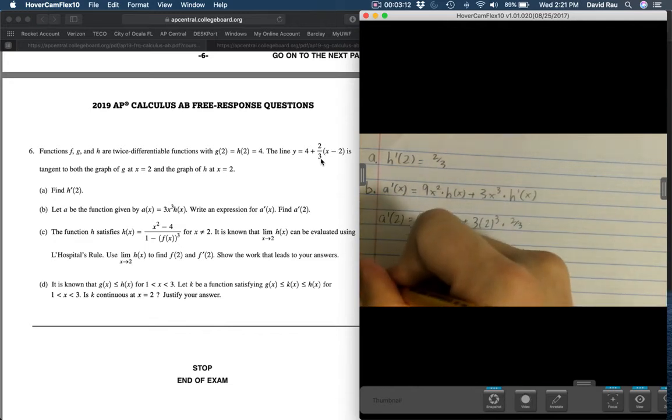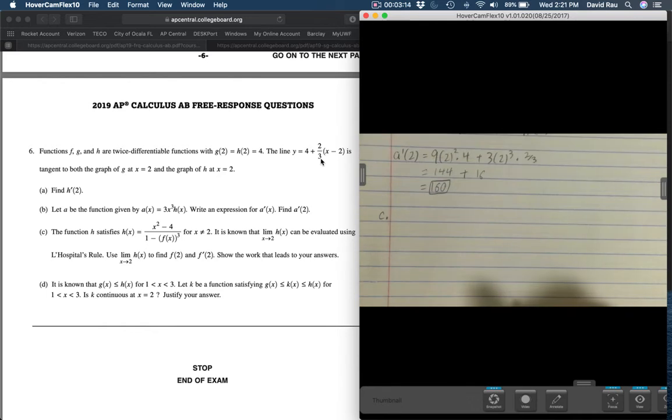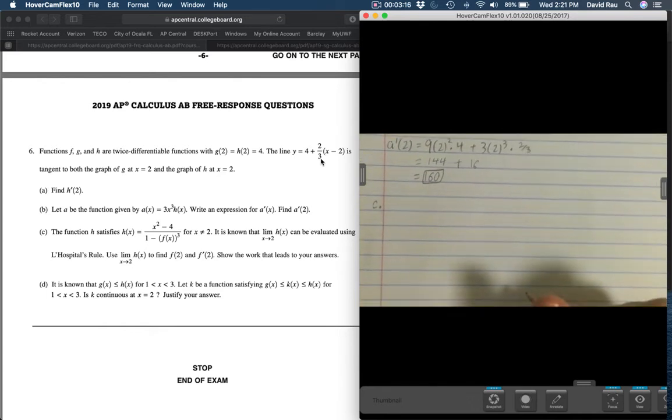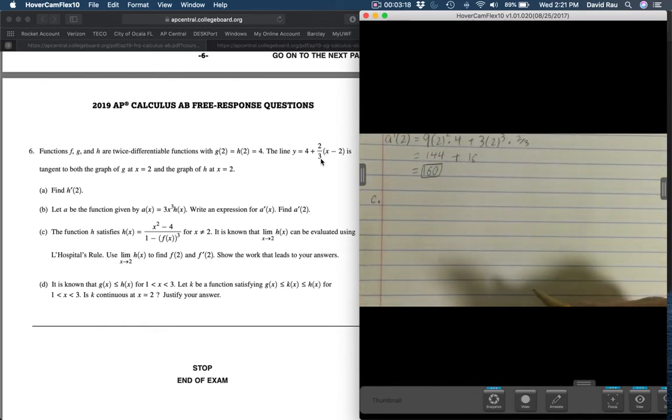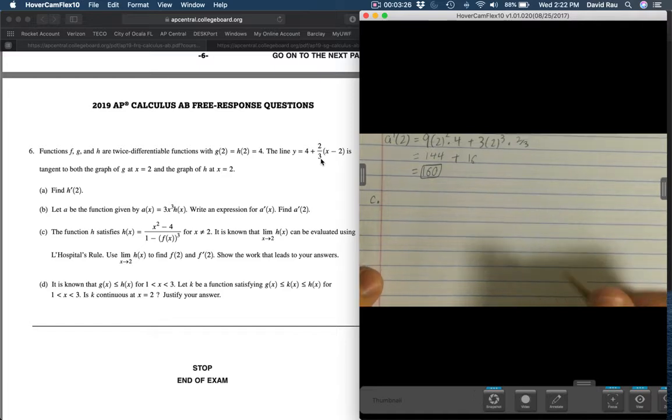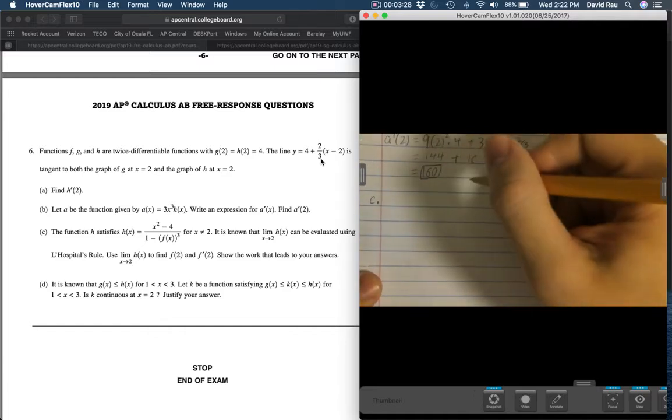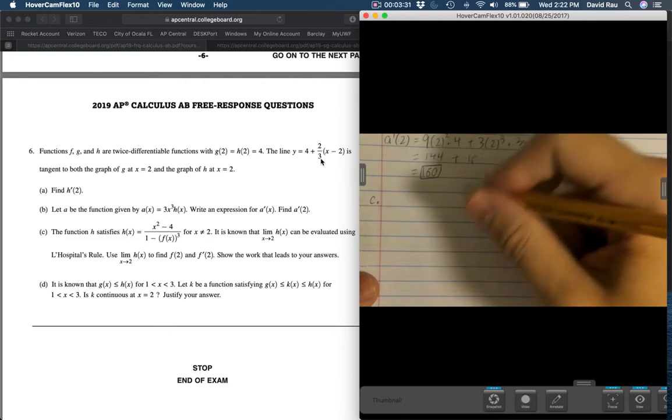Alright, up next, it's time for part C. This is the most difficult question for most students. And so hopefully you've read it. If not, take time to right now. But here's step 1. If L'Hopital's rule can be used, and so you should kind of be writing some of this down,